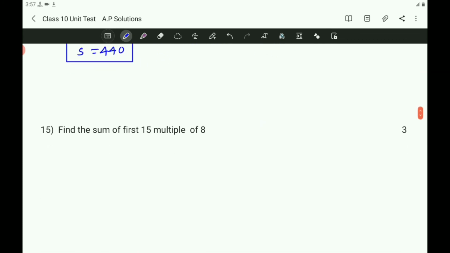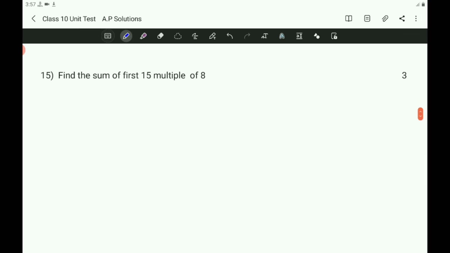Then you take the next question. Find the sum of first 15 multiples of 8. First 15 multiples of 8. So first multiple of 8 is 8. Next 16. Write the table of 8, that is 8, 16. Next 8 3s are 24. Next, here 15 multiples means you must write